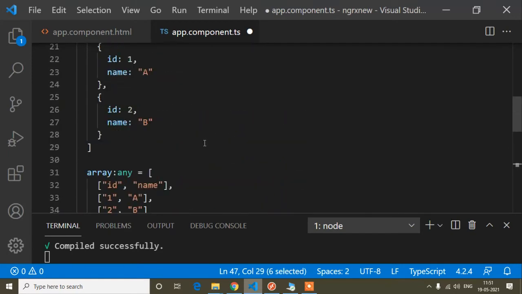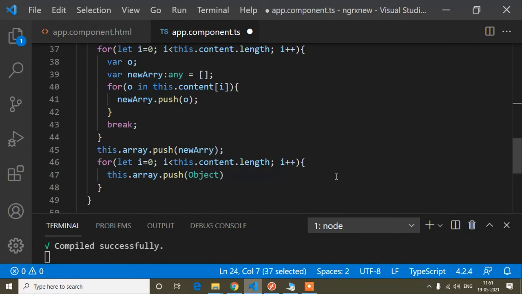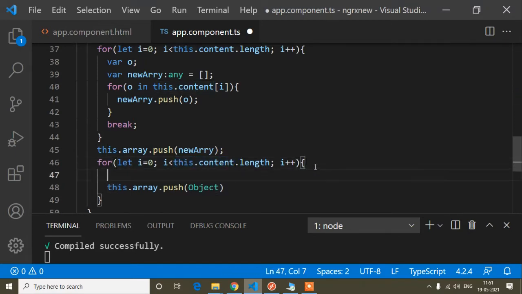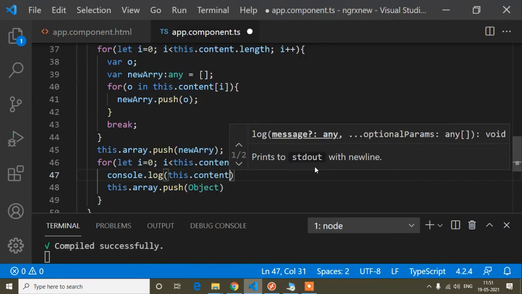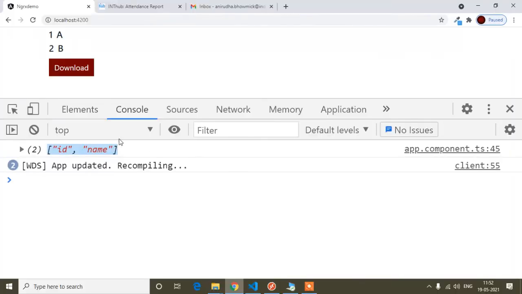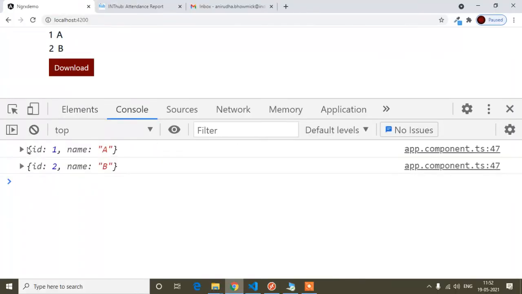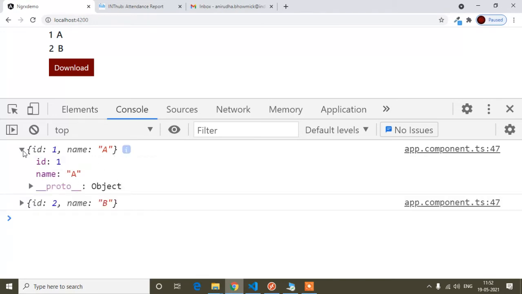Object means I will get anything, because when I write the for loop, if I print again this console, console dot log this one, let's check it. So here you can see I'm getting this one in object format.